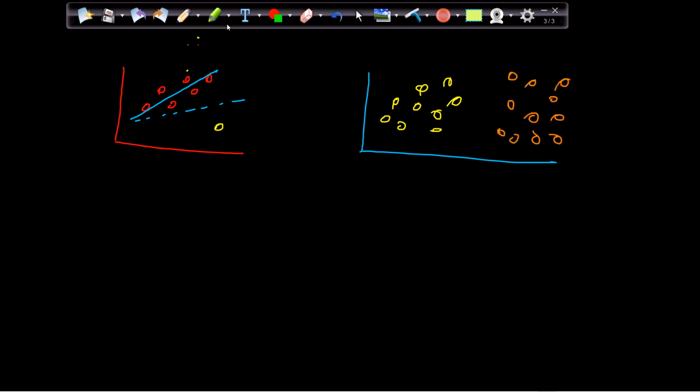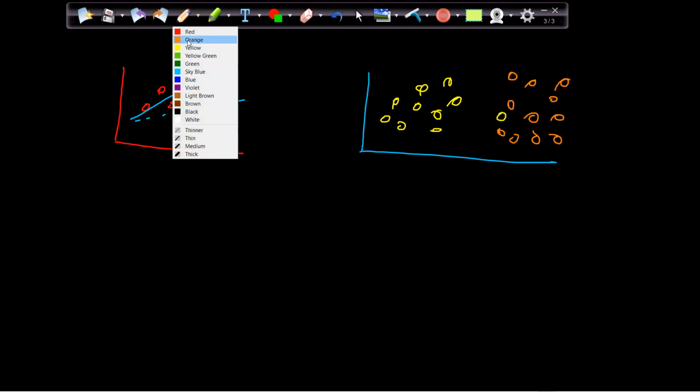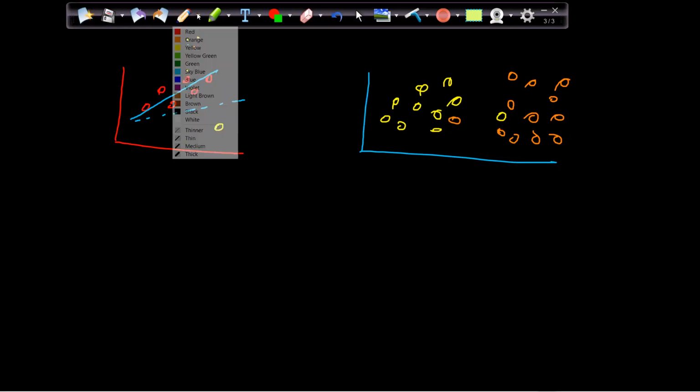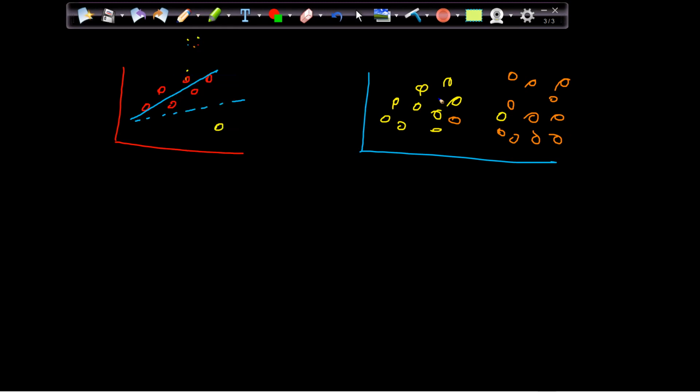In that case, there is an outlier, and here is another outlier. As I want it to be a straight line, I want to remove the outliers. That we can argue. But again, let's say I'm not removing the outliers and I am creating a straight line.